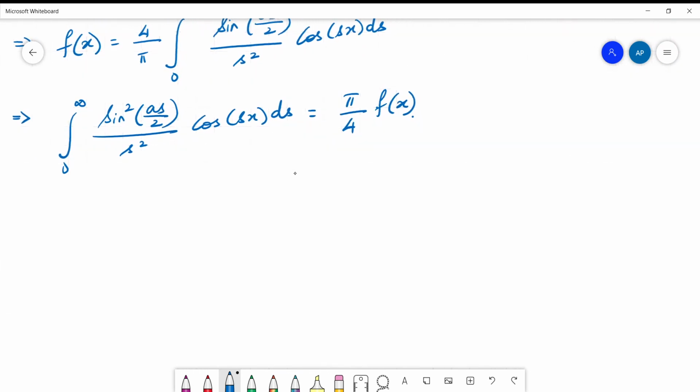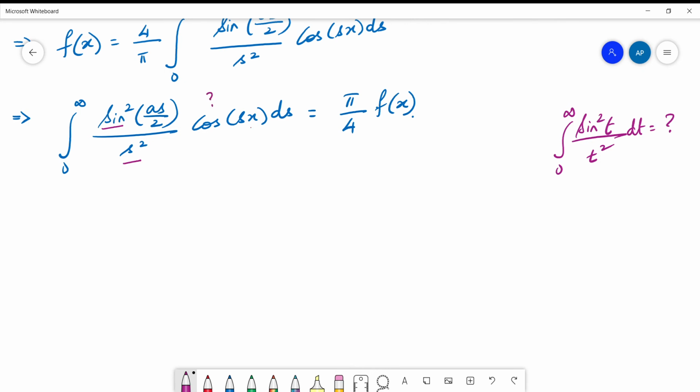Again, we shall write it on the right side for our understanding. We need to find the value of the integral from 0 to infinity of sine square t by t square dt. This is the integral we want. So what do we first do? We do have that format. You have sine square, you have s square. But what is this doing here? It has to be taken off.